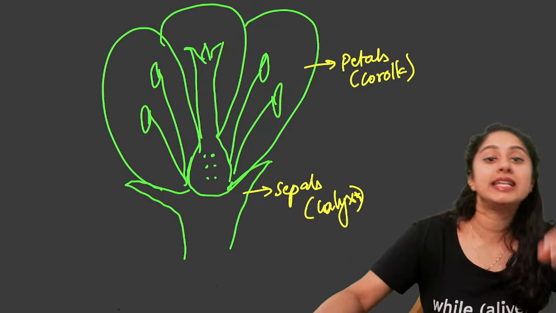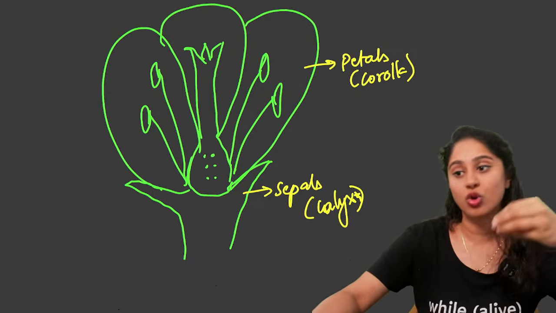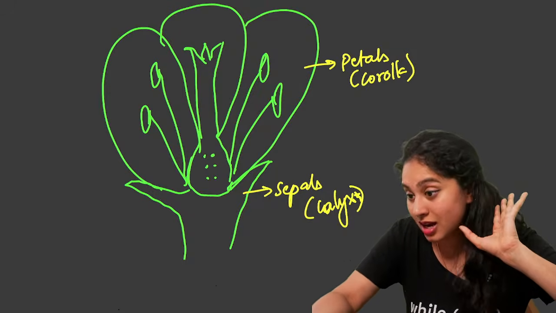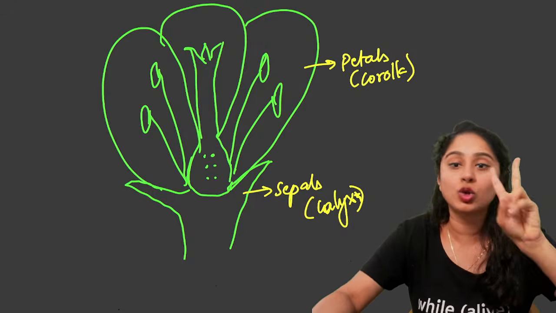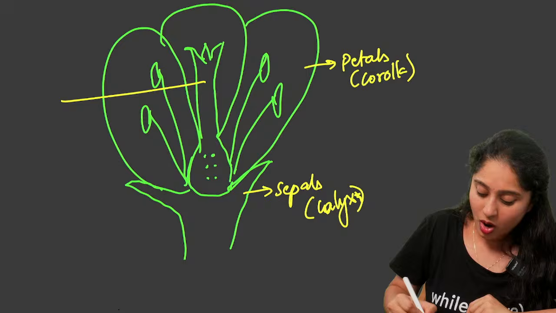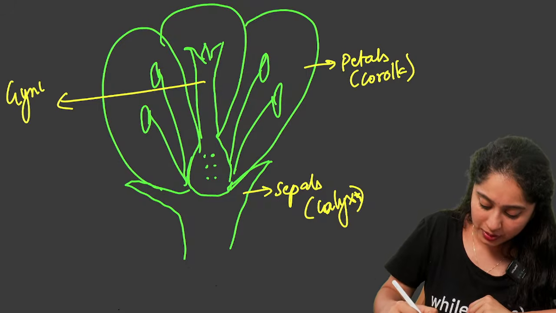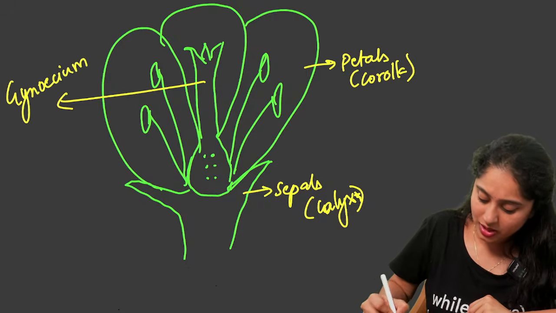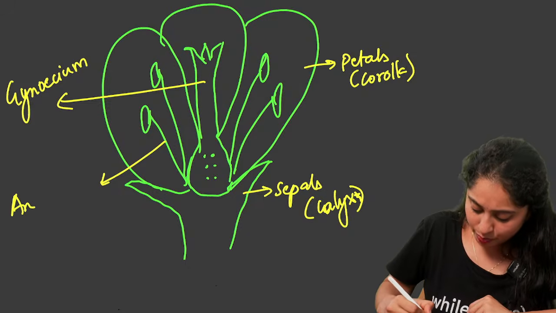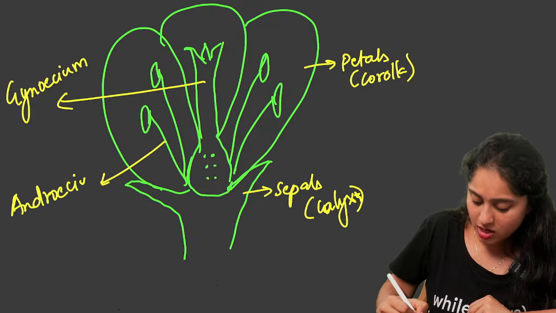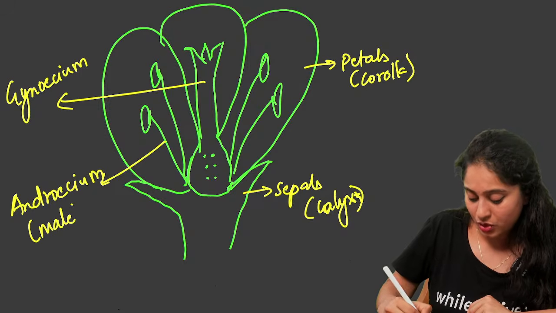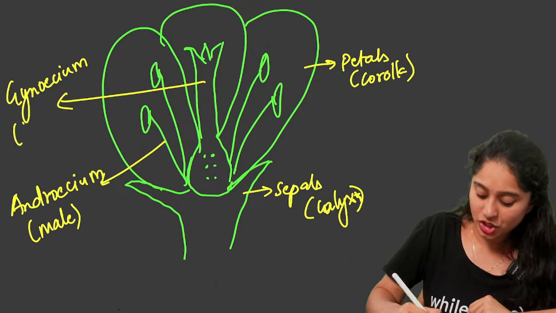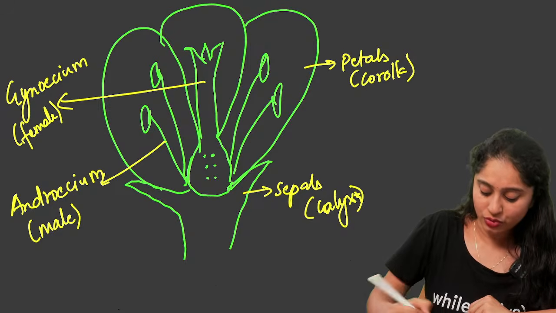They are just auxiliary elements. Some plants may choose not to invest in these extra parts at all. But when you look at the center two parts that we just spoke about, one is the gynoecium and the other one is the androecium. Both of these words are super important. Androecium is the male part of the flower and gynoecium is the female part of the flower.